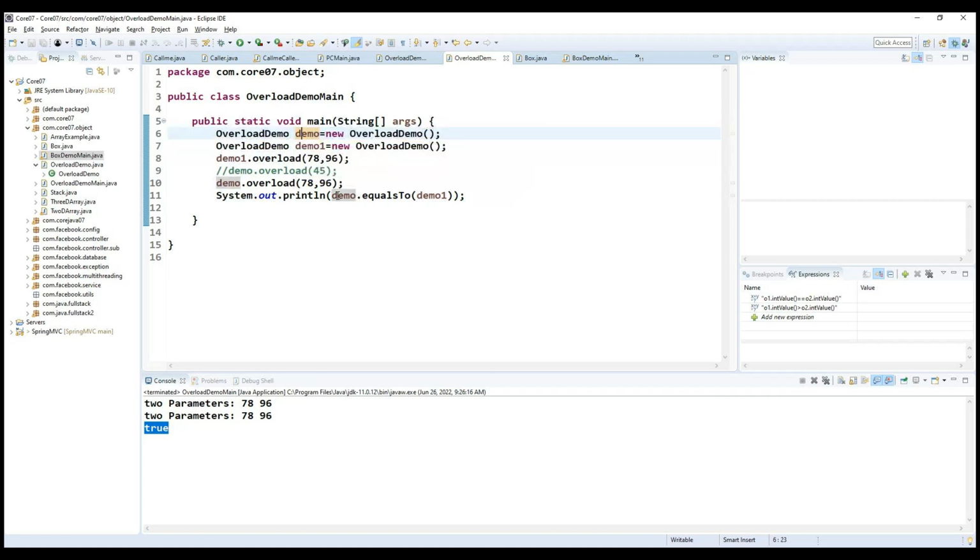With the help of the same demo we are calling this equals method here. This is important: which method we are calling and which object we are passing. Which object reference we use to call the method is important here. So with this demo we are calling the equals method, and here we are passing demo1. Because the two objects are different here,